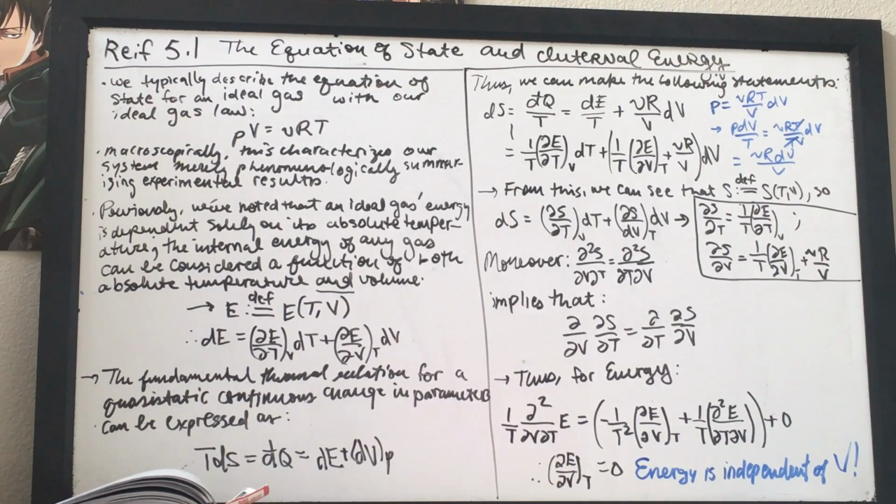Now, we've typically only ever noted that an ideal gas's energy is dependent on the internal temperature, right? So if you want to change the internal energy of an ideal gas, you just crank up the temperature, you increase kinetic energy, and you've got more energy in your ensemble, right? However, whenever we're dealing with real gases, this doesn't always necessarily hold. So what you end up getting is this